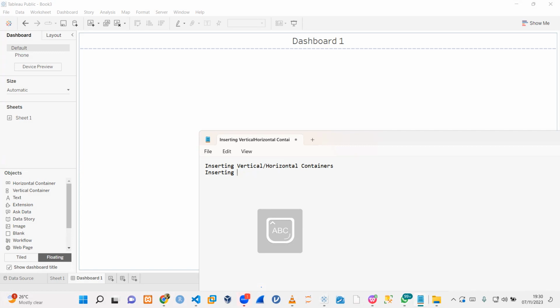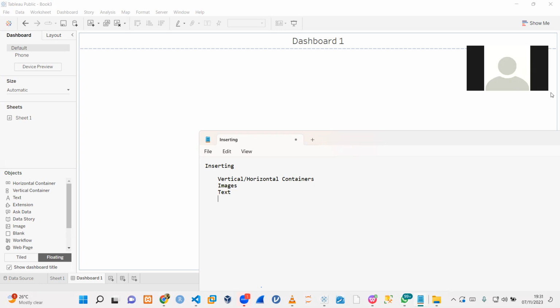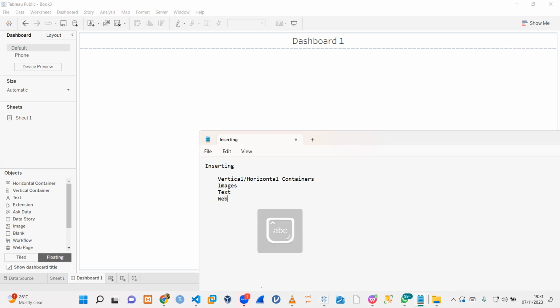and okay, see the same thing. Let me just say inserting this. Images, text, and let's say maybe a web page. A web page. I think that will suffice. So then calculated field,